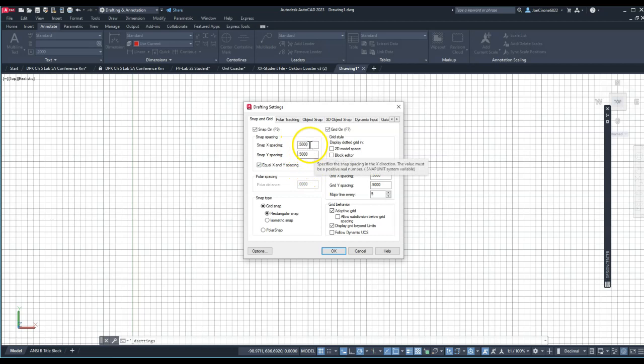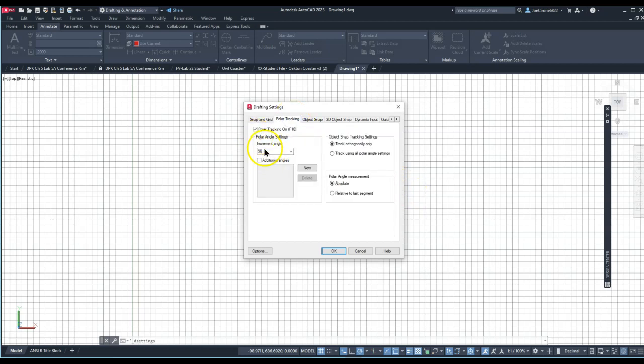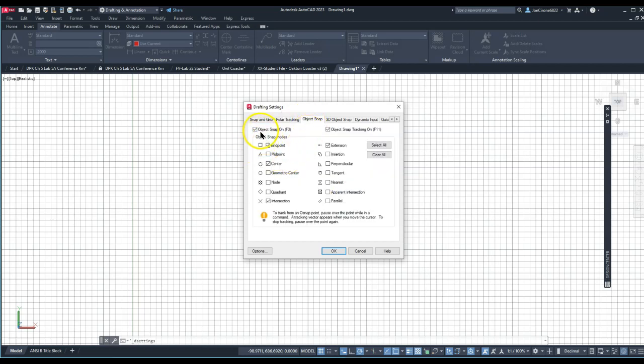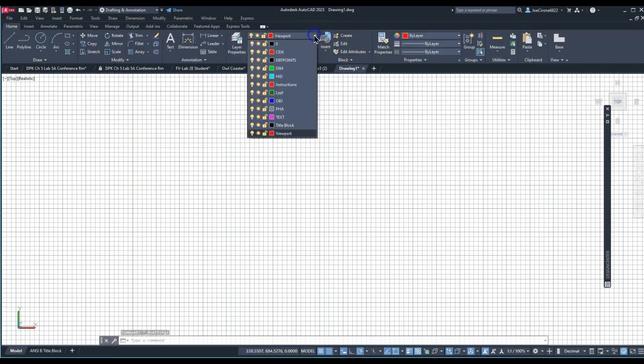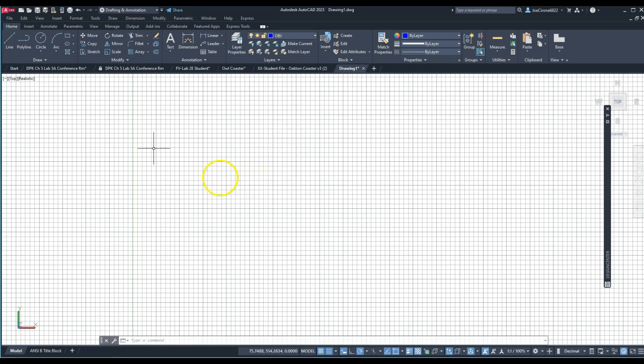set the snap at 5, and we'll set the grid at 10. Polar tracking will enable, and that'll make it easier for us to draw lines. And then object snap will enable as well. We'll say OK. Go to the home menu, select layer 0 for object, select the line command,